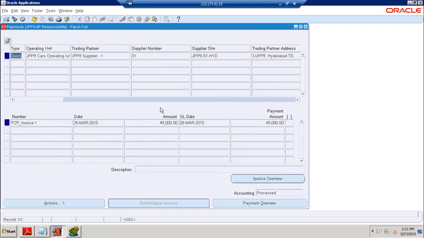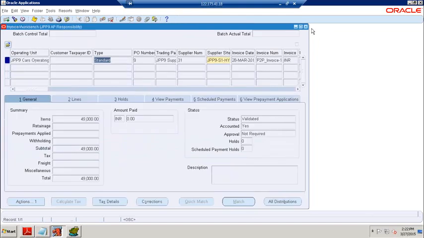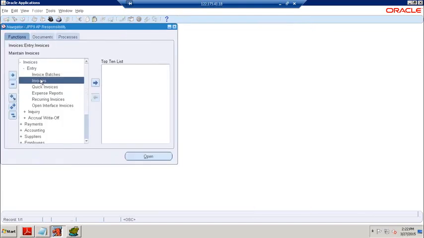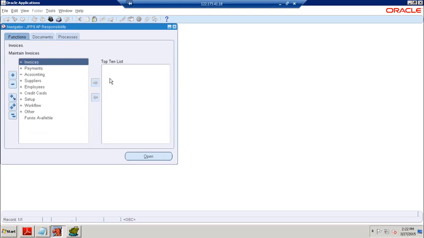All of you clear? This is the way we want to approach the procure to pay process. How many modules are involved here? Four modules: inventory, PO, accounts payable, and general ledger.